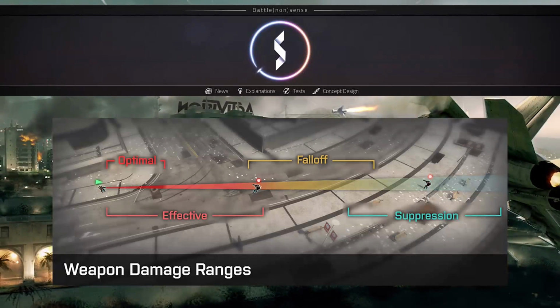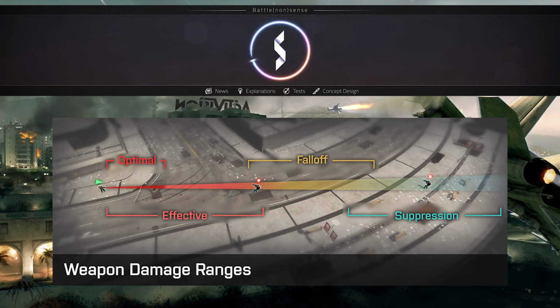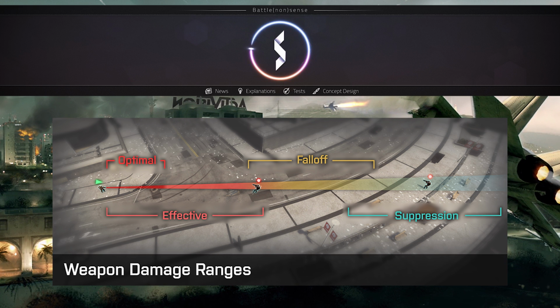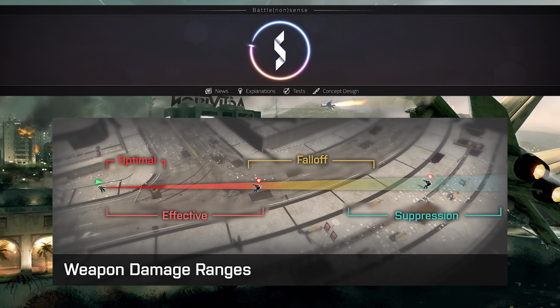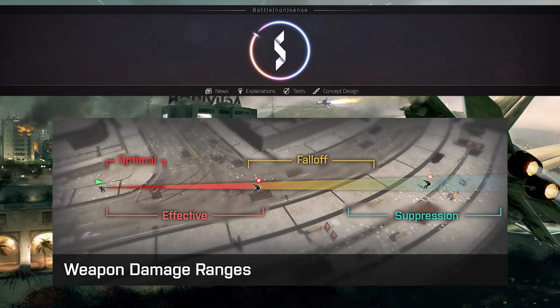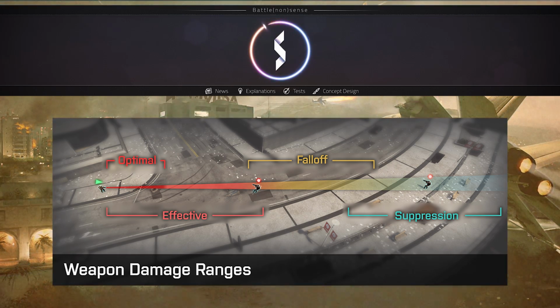In addition to that, the suppression mechanic was changed, so that there is no suppression anymore inside the effective range, nor the fall-off area. The suppression area starts at the end of the fall-off area now. So while I do like that we more and more get rid of the suppression as we know it in Battlefield 4, I still have to say that I don't like this feature as long as it messes around with